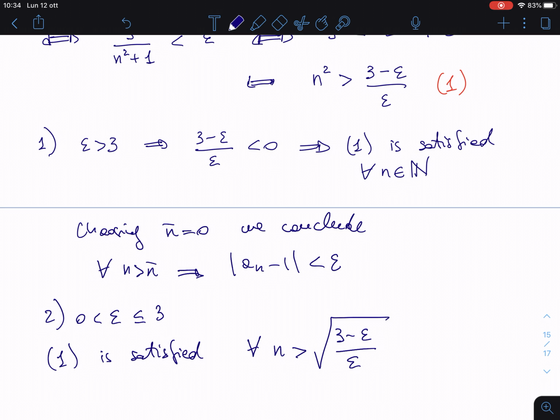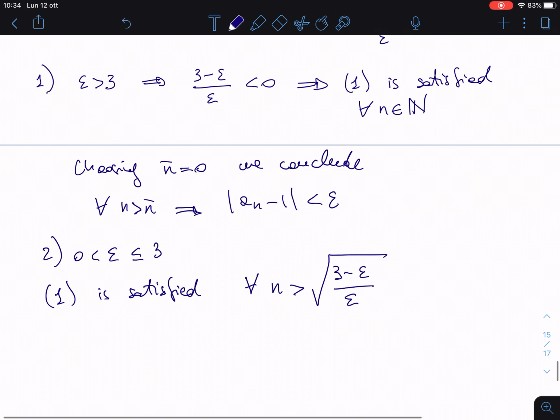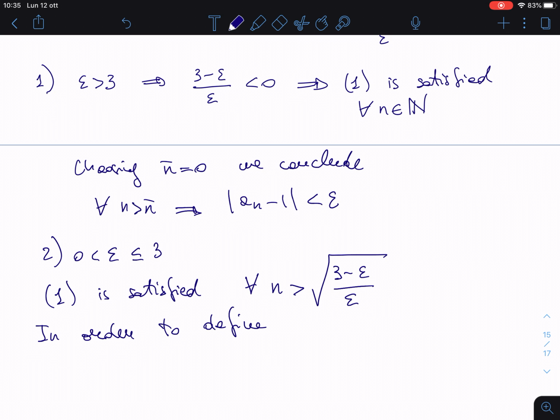And of course there is such n, because the set of naturals is unbounded. But again, this is correct, but we want to isolate an n bar, so in order to define n bar,